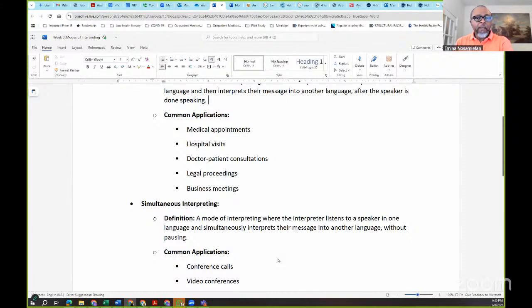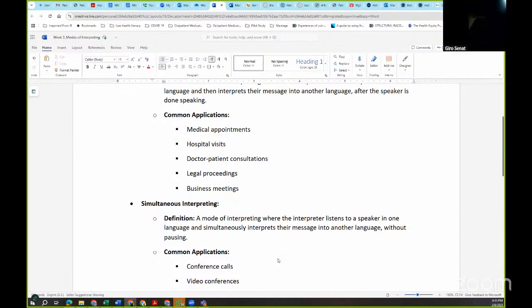Now, if you go to a church that is predominantly one language, and they have a visiting speaker who doesn't speak it,